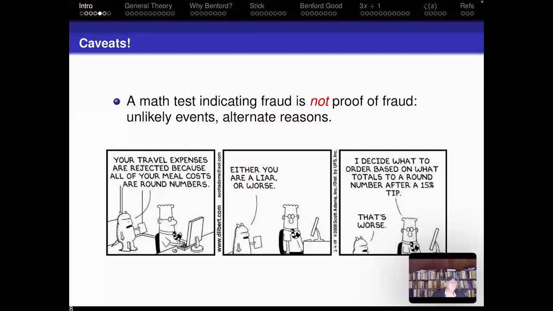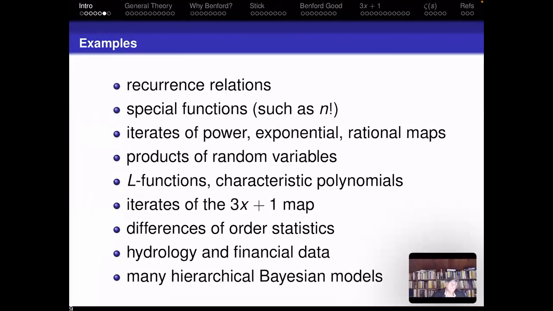Okay. So I was mentioning my proof of the 3x plus 1 problem, but unfortunately, I guess none of you heard that. Okay. So I was just talking about some of the different places where we can see Benford's law. We can see it in difference equations, we can see it in differential equations, and this explains why it occurs in so many different areas in science. We can see it in L functions, the 3x plus 1 map. We can see it in lots of different financial settings.